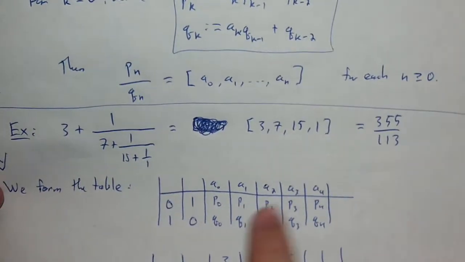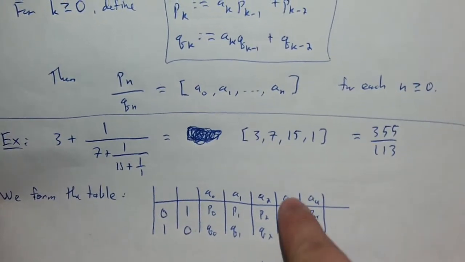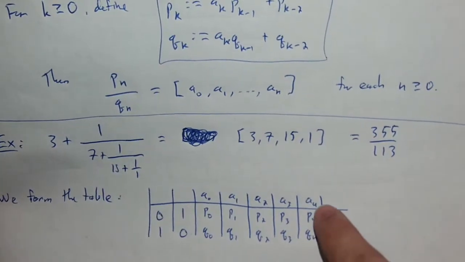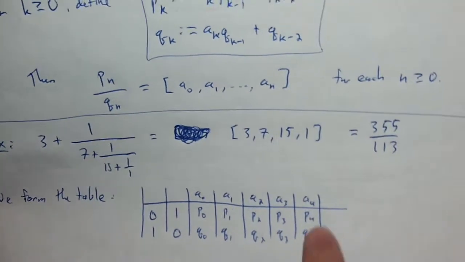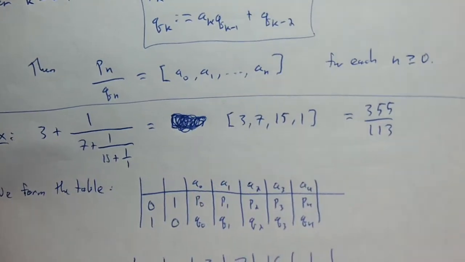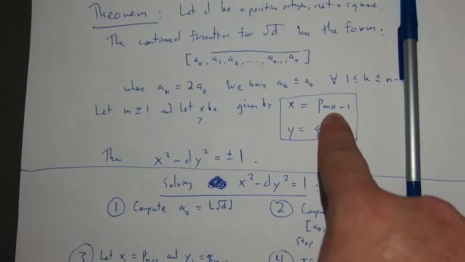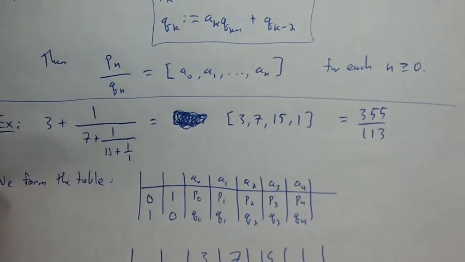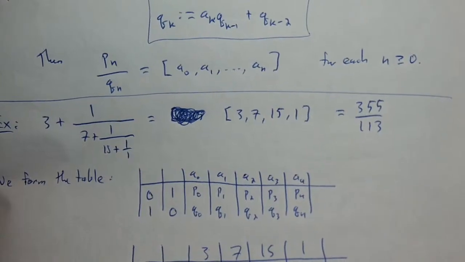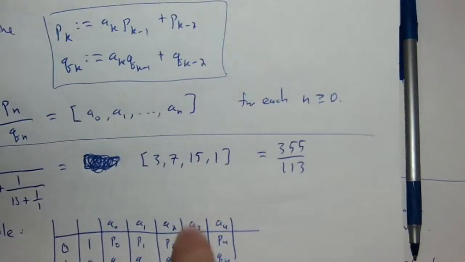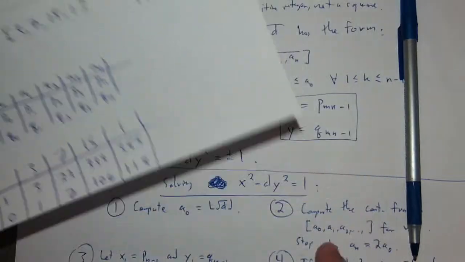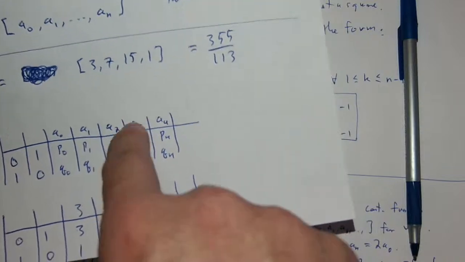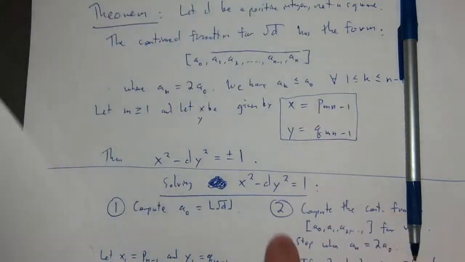then if we are looking at the table that computes these things, if I've gotten to the point where my a sub n is double a naught, so let's say it's here at a sub 4, so let's say that a sub 4 is 2 times a naught here. This p sub mn minus 1 and q sub mn minus 1, it's just the p and q from the previous column. Okay, so it's just the previous column here. That's what you're reading off. So you stop here, or I should say you're computing it up to that point. So yes, it's the p and q from the previous column,